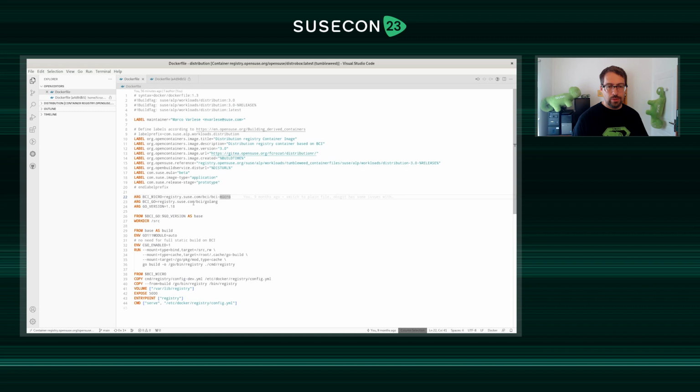So we have that. What we did, we have added some arguments so that we can switch which base image is used. We are going to use 2 images, BCI micro for the shipping container, let's call it this way, and BCI Go for compiling the binary. So what we do, we derive from the BCI Go container as a base, and on this base we are going to create a layer for the building,